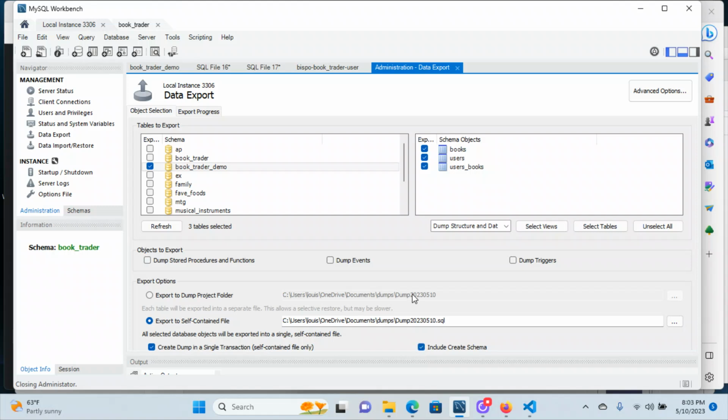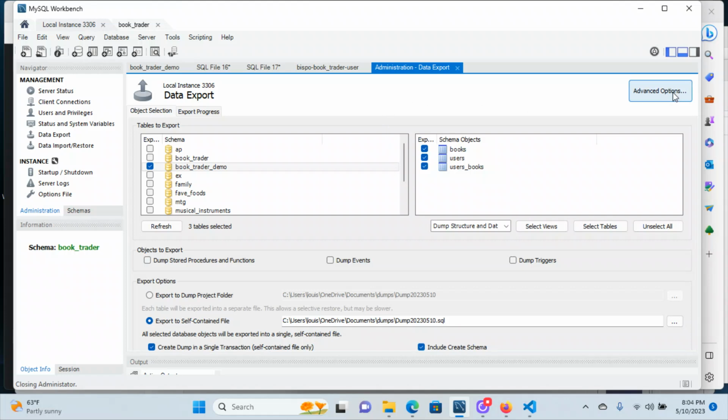Just remind me, I'm going to open this thing up once we've got this exported, and I'm going to check and make sure that it's got the drop database if exists book trader demo, and then also the create database book trader demo. And then that way, when you guys submit this, I'll just be able to open up your SQL file and just run the whole script, and boom, it'll just create everything that I need. I won't have to create the database first and import it or anything like that. So this is all you have to worry about for this one,